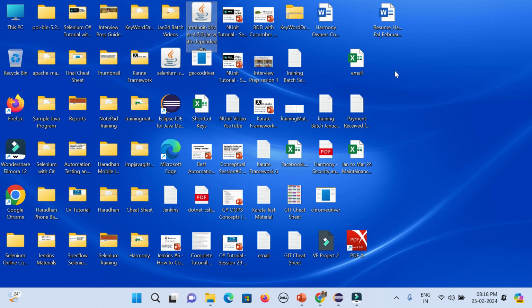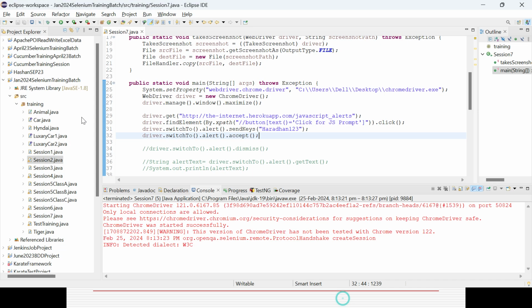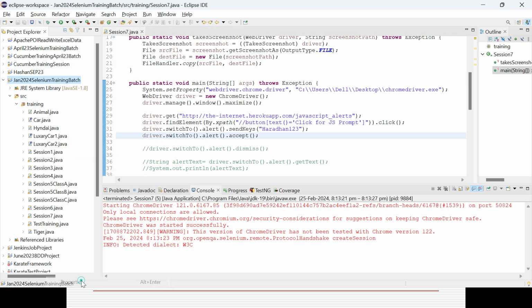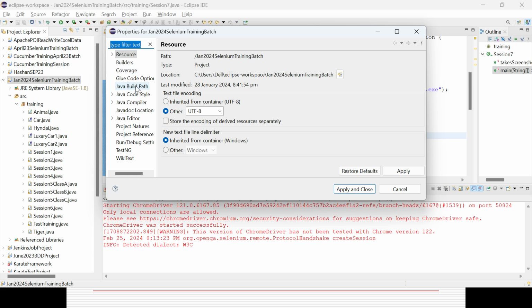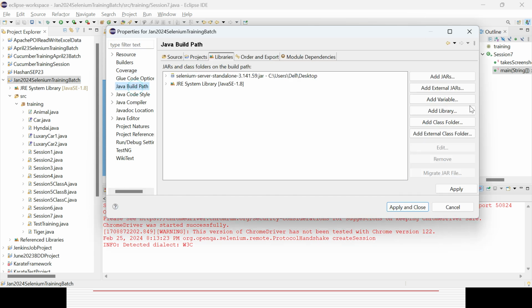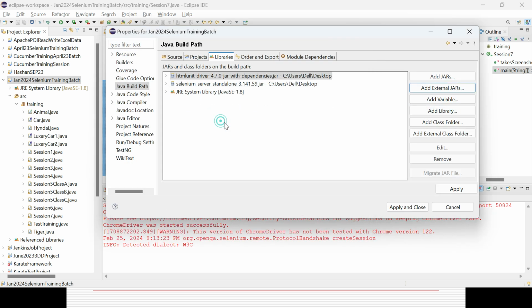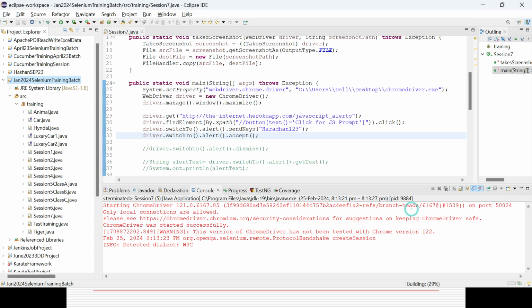Once it is downloaded, what you need to do is go to your Eclipse. Go to your project, right click, go to the build path, properties, right? Java build path, add external jars. You need to associate it with your project. It will be only a one time activity for your project. Okay, once you're done,